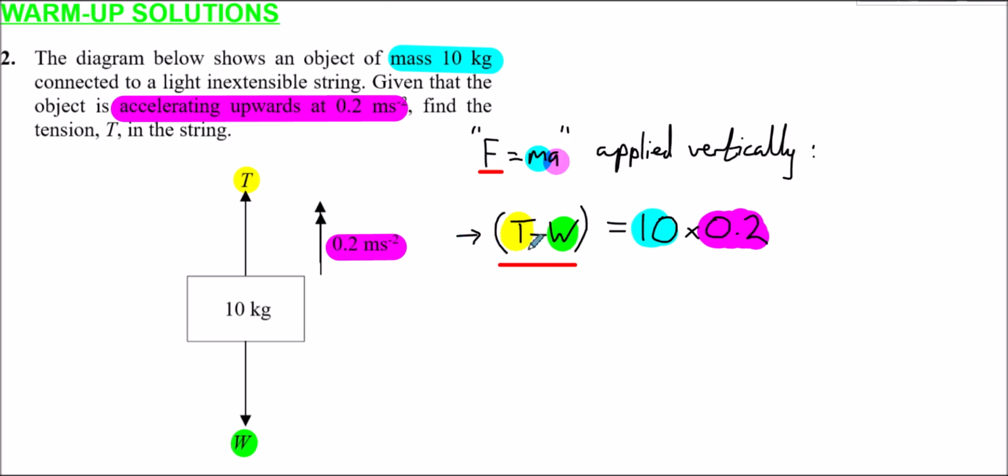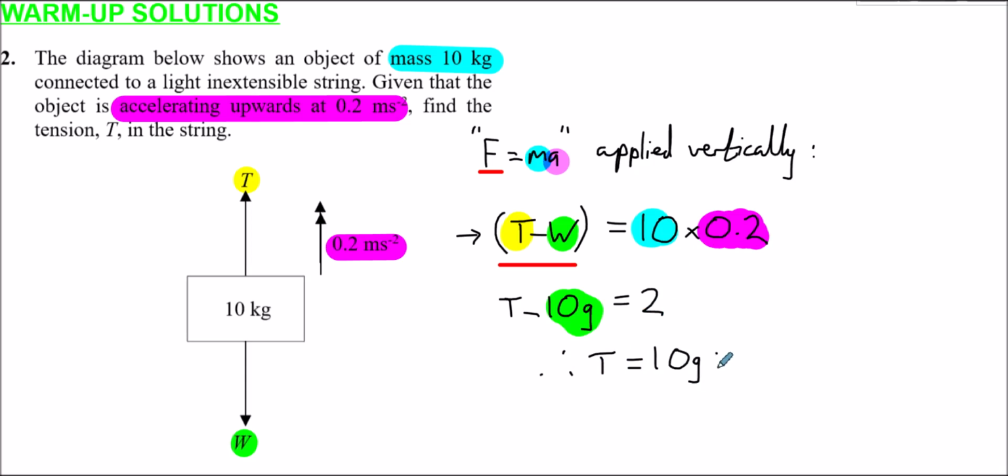So we can actually go one step further with this. I've labelled it as W, but W equals mg, of course. So T minus W is the same as T minus 10g. So the weight, I'm just substituting in what the weight is in terms of the mass and the gravitational field strength of the Earth. 10 multiplied by 0.2, that's just going to be 2. So therefore T is just going to be 10g